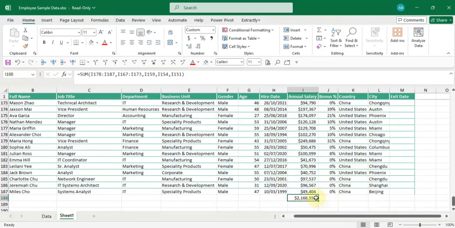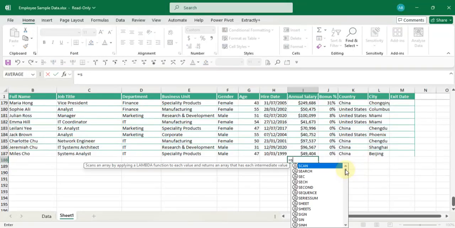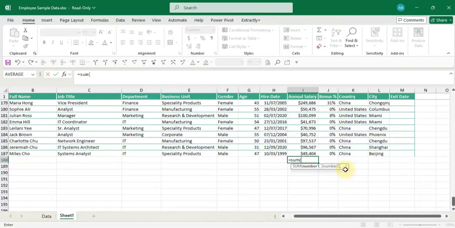Now this method of cell selection works for any of your formulas in Excel. So the final thing I want to show you about these types of functions, for example, the sum function, is when I'm selecting cells, how to edit what I've selected. So if I go equal sum open bracket, and select some cells like that,